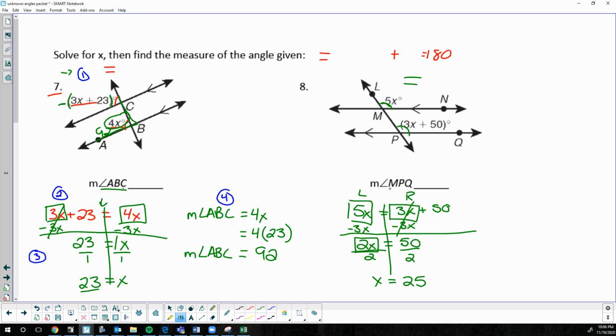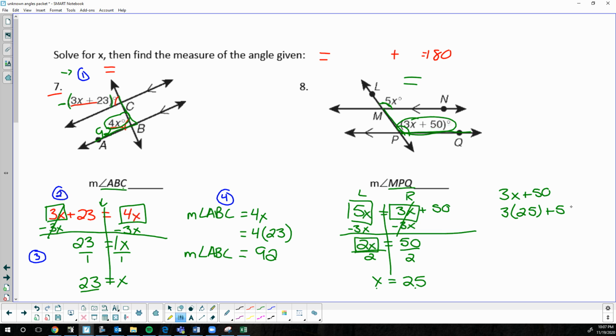Then we have to figure out what MPQ is. MPQ, I'm going to trace the letters, MPQ. So that goes around this. So we're going to substitute in 3x plus 50. Wherever we see an x, we're going to put a 25. So this is 3 times x, so to substitute, we change it to 3 times 25